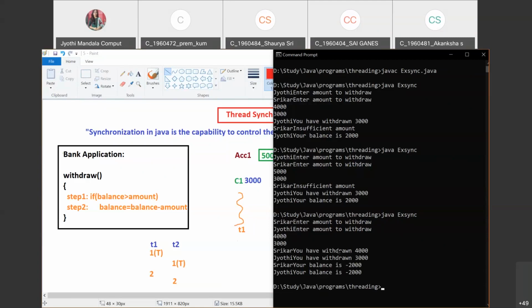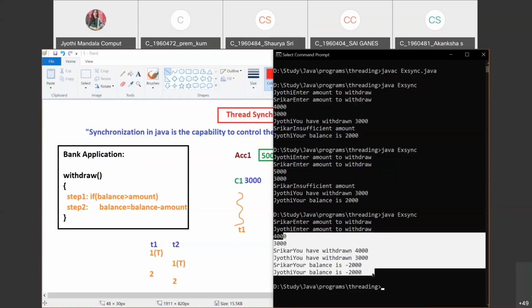If the first person, Srikar, withdraws 4,000, the balance is updated as 1,000, because 5,000 minus 4,000 is 1,000. You can't allow Jyoti to again get the value of 3,000. I hope you are getting this problem.